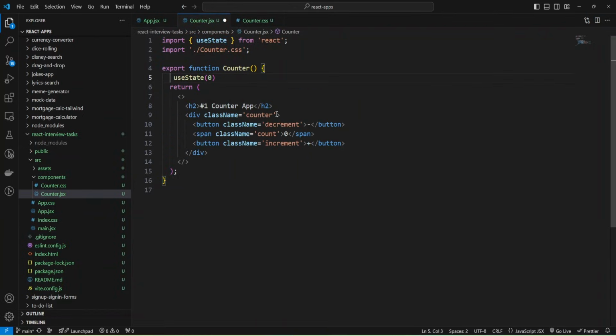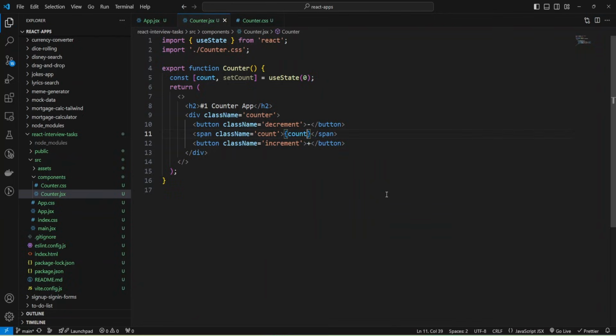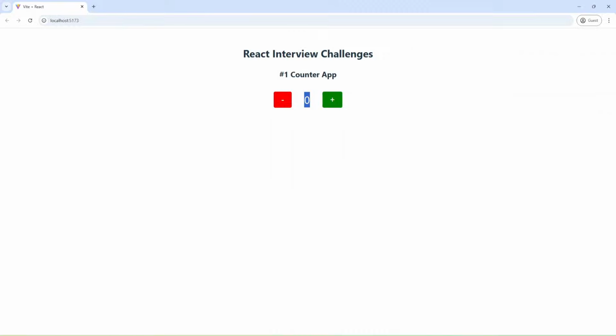And I need some variables to store the data that useState hook returns me, and I'll use count, and as function will be setCount. And now I can place here count instead of 0. Let's check. And now we have 0 here.